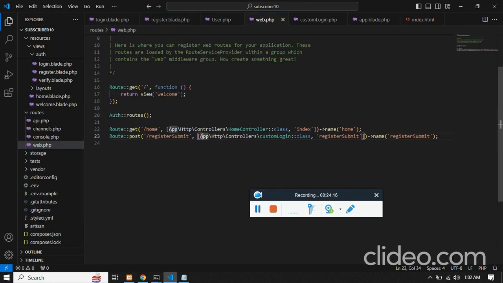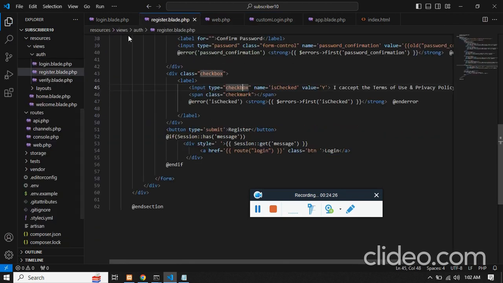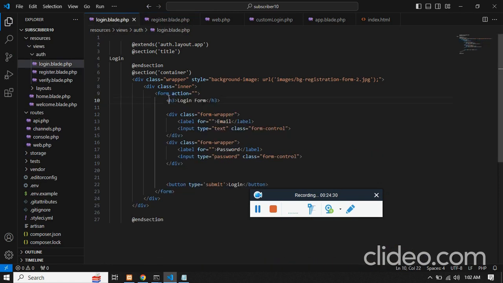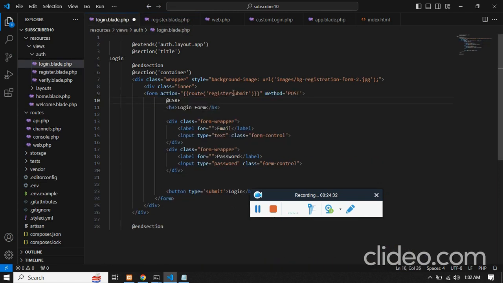First of all, let's just set the route, and here it's going to be login submit, and the relevant function is login submit, and the name is login submit. So we'll use the action and just change this to login submit, and then